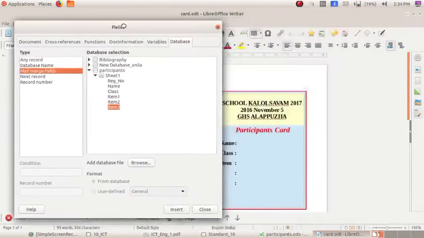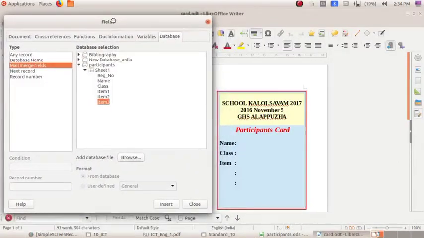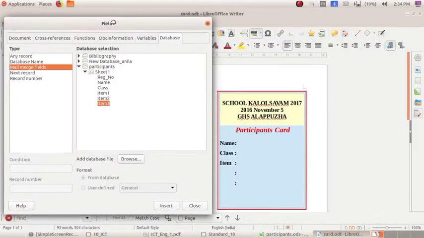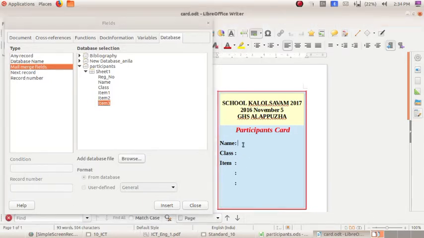There are 3 more cards you can see in a single document. For that, move the cursor to the second card and double click the next record in the database window. So click the cursor here. Now it is in the mail merge field. To enter the details into the second card, you double click the next record.